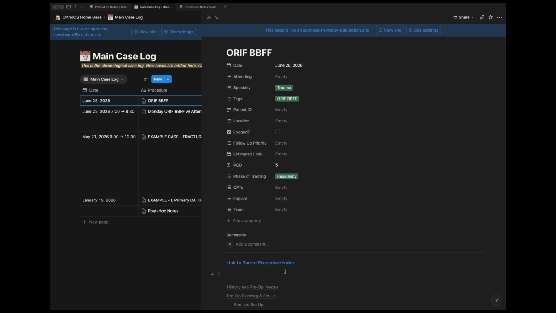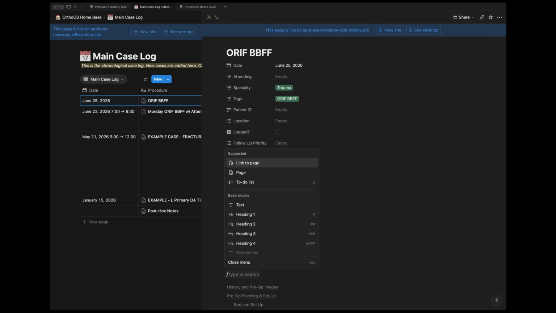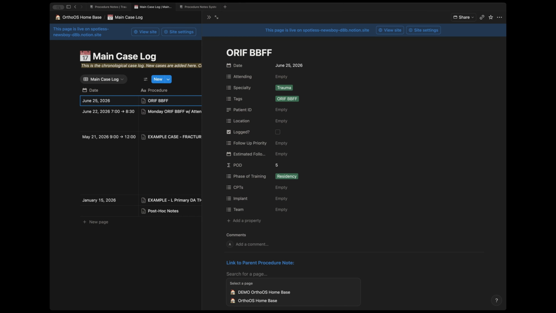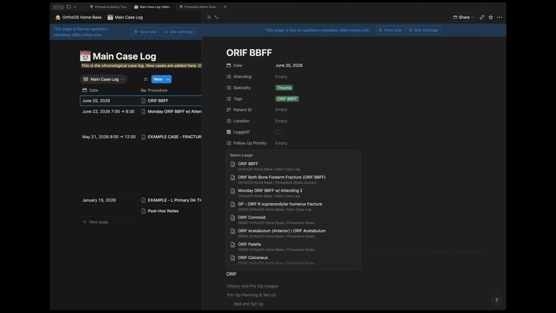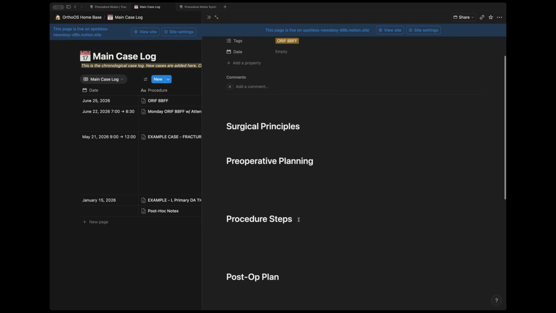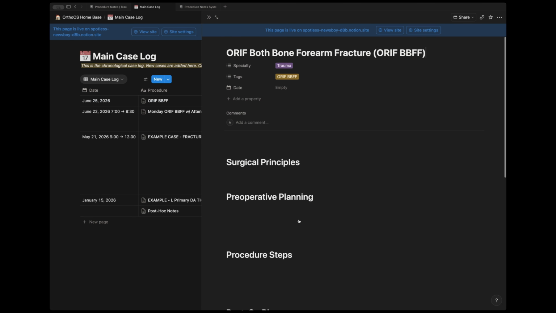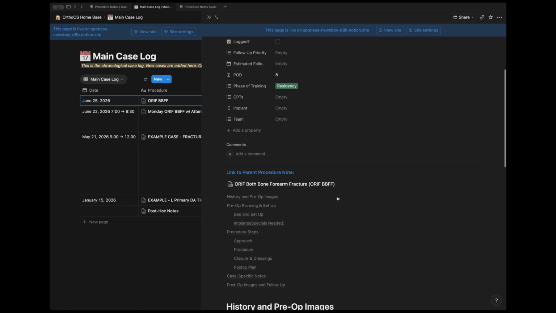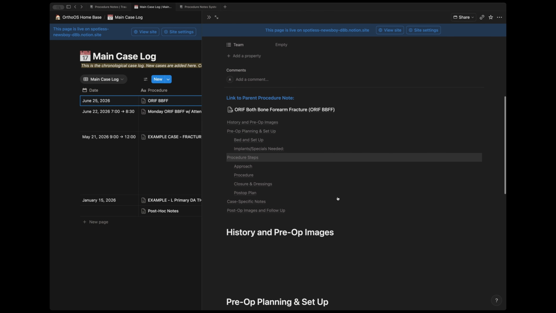We showed you this in the procedure note as well, but if I want to link my specific case note in my main case log to the procedure note, all I have to do is do link to page here, search for my ORIF both bone in my procedure notes, and they're linked. So this specific case here can easily toggle back and forth to the procedure note that I just created. And so that is how you start a procedure note within